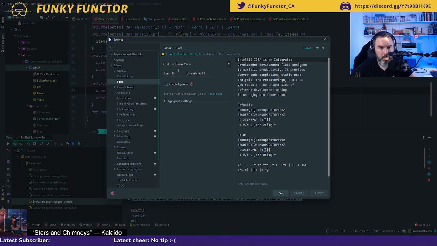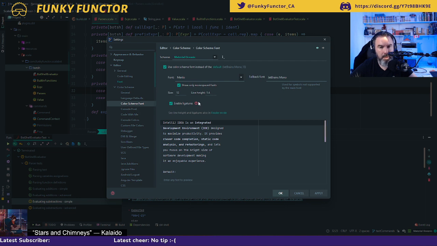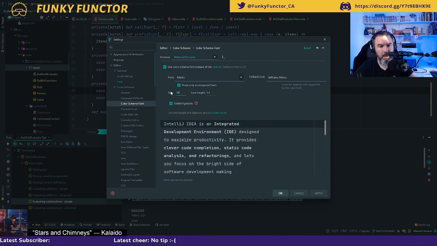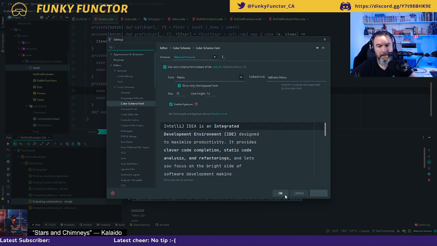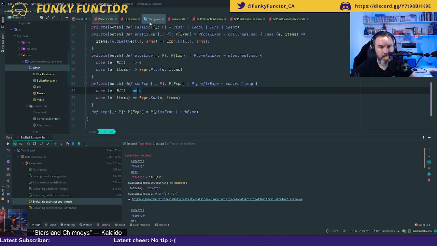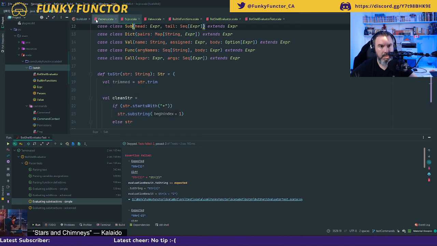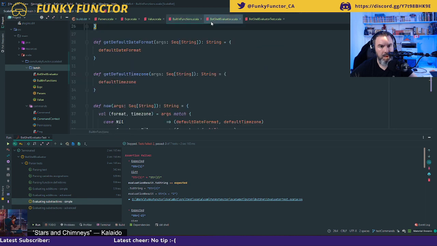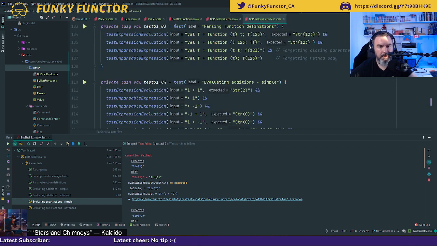Menlo, current edit font, Menlo 12, okay. So let's say size, I'm going to say probably 16 should be fine, or maybe 18. Okay, let's go from one to the next. Yeah, seems to be a bit better.